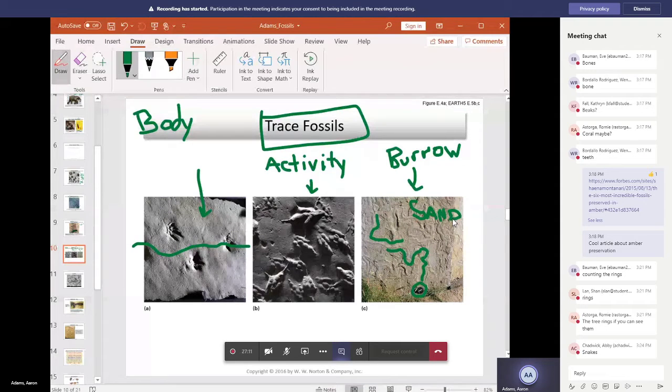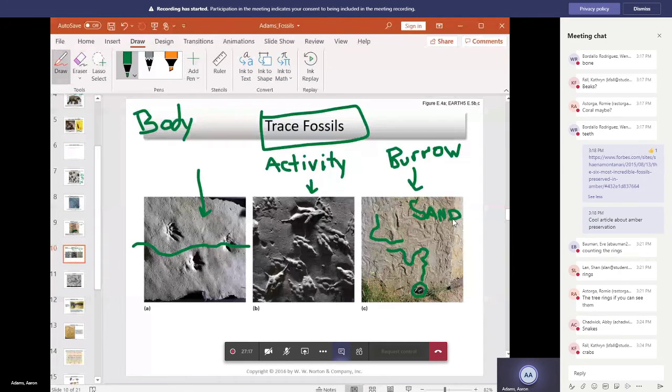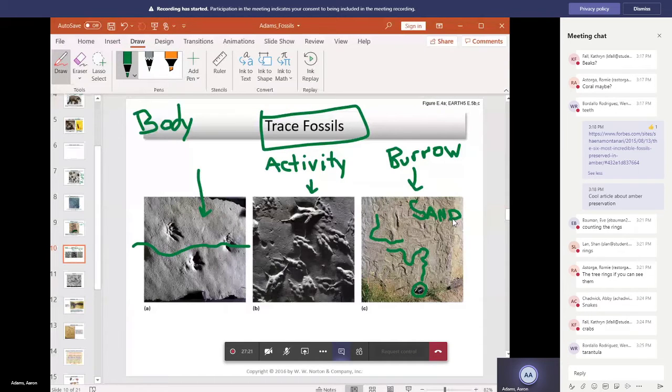Snakes? Okay, interesting. They can certainly make a hole. Crabs? Okay, Katie, thank you. So you're thinking marine realm. Spiders can dig their way, make little tunnels and nests down into the ground. Very good. So this particular one is probably the work of shrimp or clams or crabs or something near the